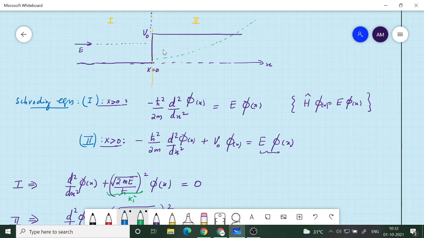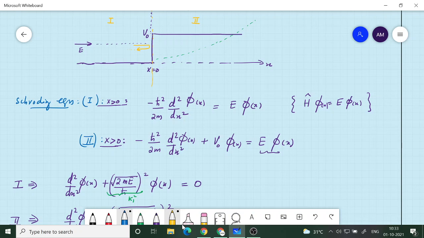Now, can we have a left moving wave? To start with, we don't have a left moving wave, but once the particle hits here, there can be reflection of that wave, right? Classically speaking, it can come and bounce, and after bouncing off, you can see a wave that will propagate to the left. So that is possible, right? If a particle is a wave, then after hitting the barrier, some part of it can be reflected, and some part can even be transmitted through the barrier.